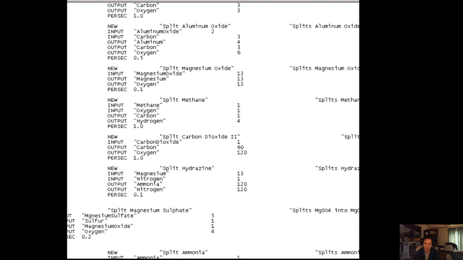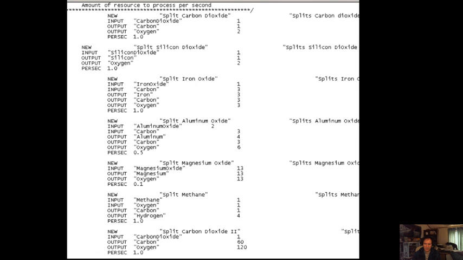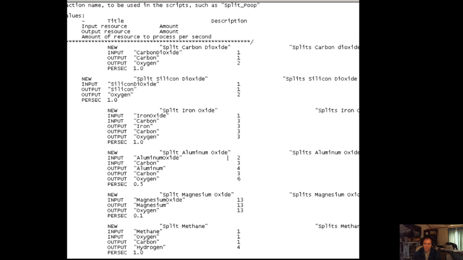Wait just a minute. Split aluminum oxide. Aluminum. It says aluminum. Split aluminum oxide.